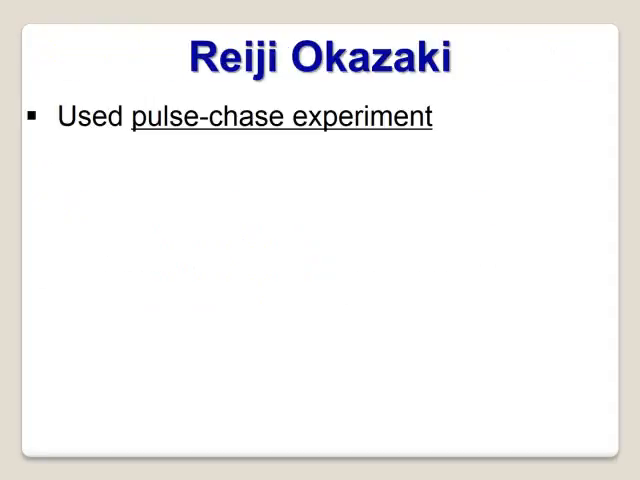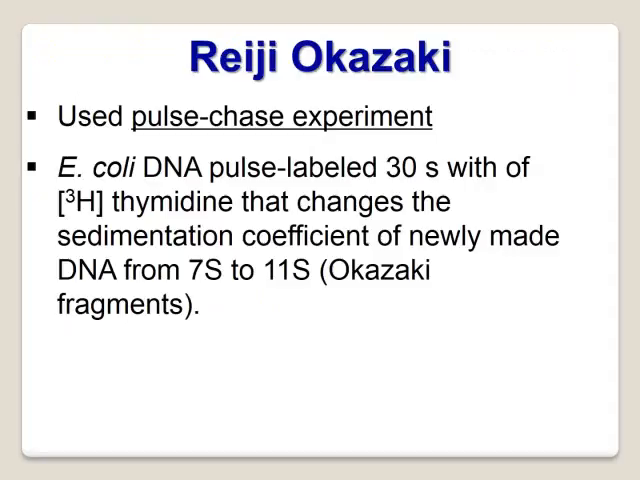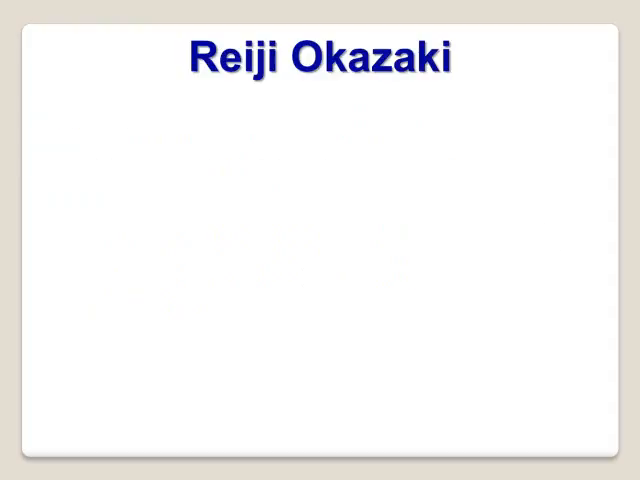Dr. Reiji Okazaki, who used Paul's experiment to label the DNA, grow E. coli on tritiated thymidine. And tritiated thymidine will change the weight of the DNA, okay? The DNA from 7S, and these are sedimentation values, to 11S. Okay, he called this the Okazaki fragments. These are short stretches. Okay, and then he did